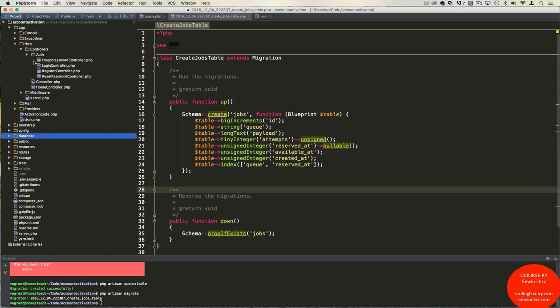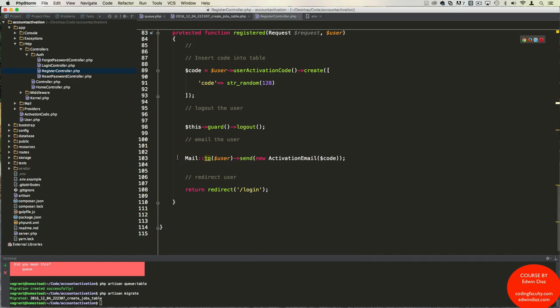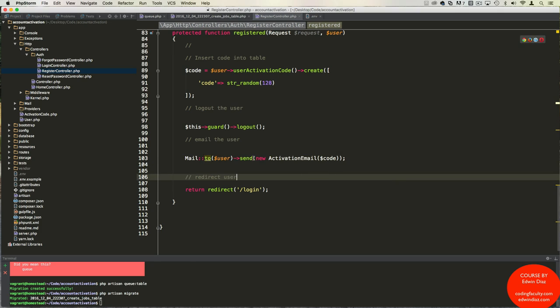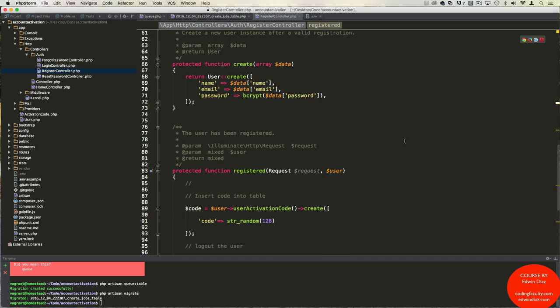So that would be in register controller, and here we are sending that email. We got a couple choices on how to queue this. First of all, we can queue here, and this will queue that email. Or if you want to queue everything every time you send an email, if you want to just leave this like this, send, and every time you send an email you want to queue it, all you have to do